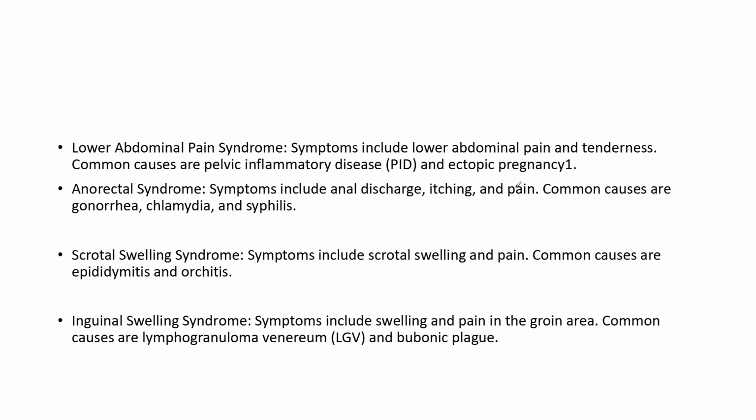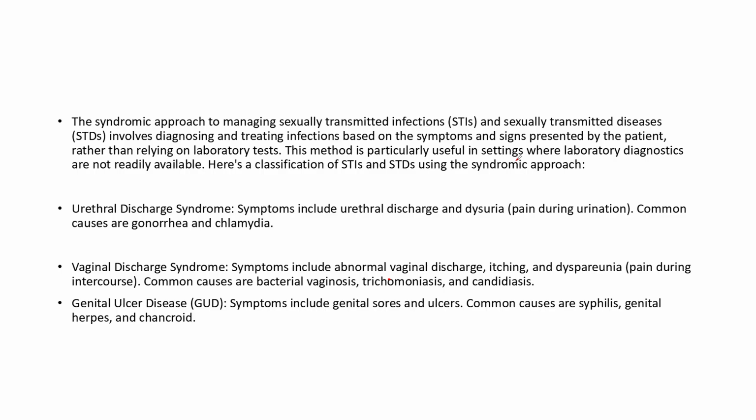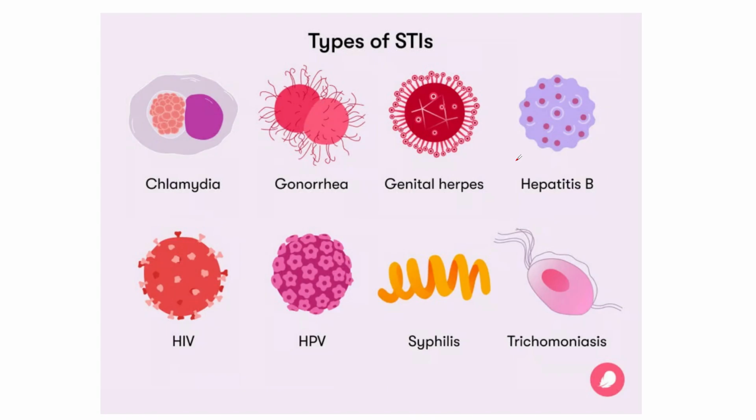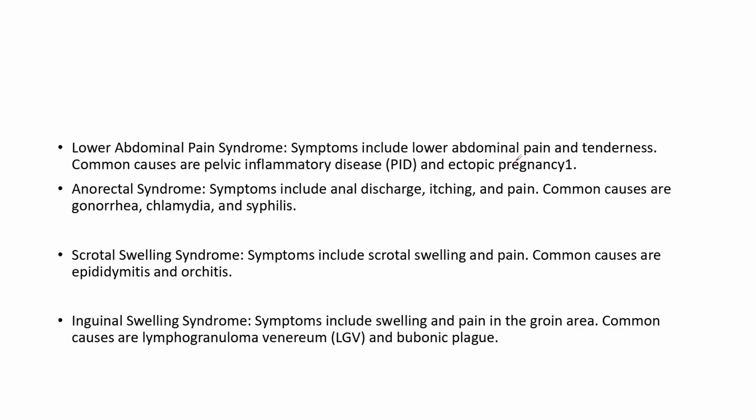Then for lower abdominal pain syndrome, the symptoms are lower abdominal pain and tenderness, right? Pelvic inflammatory disease, ectopic pregnancy can also be that. And the anorectal syndrome, in this one there's anal discharge, anal itchiness, pain, and all of that. Okay, so we've looked at vaginal, genital, urethral, and anorectal, lower abdominal pain, and